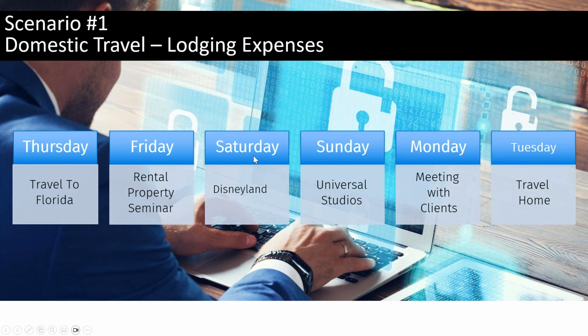what this is going to mean is that for Saturday and Sunday, all of their travel expenses, including the lodging for their hotel, are going to be deductible. Even though really the lodging on Friday night to get you to Disneyland Saturday, and Saturday night to get you to Universal Studios on Sunday, in no way could you say that is in regards to their rental property. But because it's set up in this format the IRS has given us, it's still going to be fully deductible. And this is a conversation and something to know when meeting with your clients, especially for tax planning purposes,